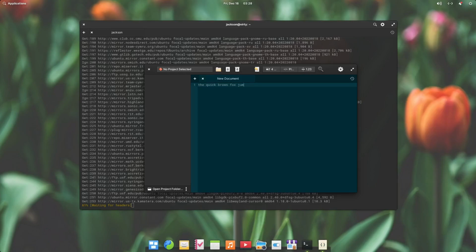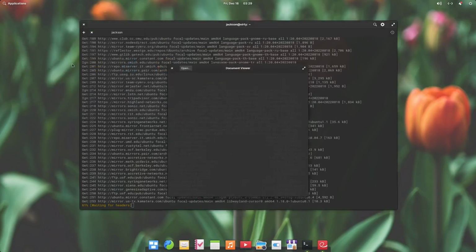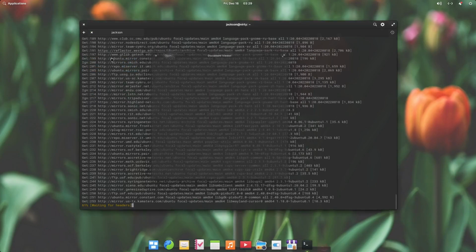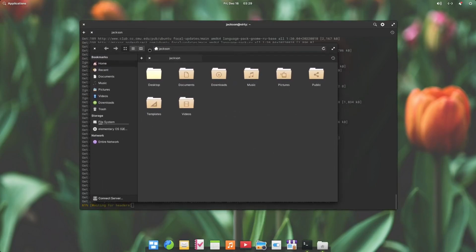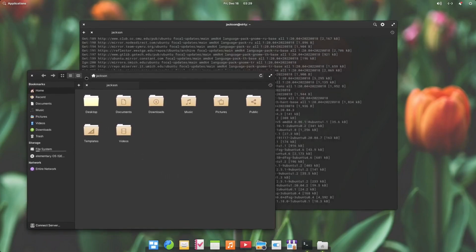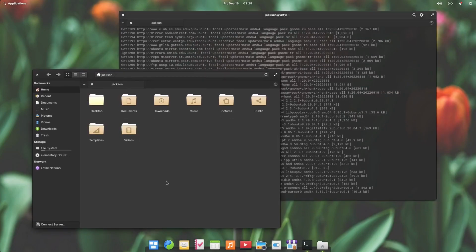But yeah, it's a run-of-the-mill text editor. You can type all your important documents here. The quick brown fox jumps over the lazy dog. So yeah. And then you've got a PDF viewer. And then you've got files. This is your file manager. I don't know about you guys, but Elementary OS strikes me as like an old Mac OS version. I don't know why. It just does.